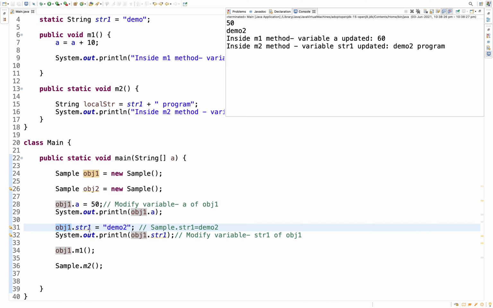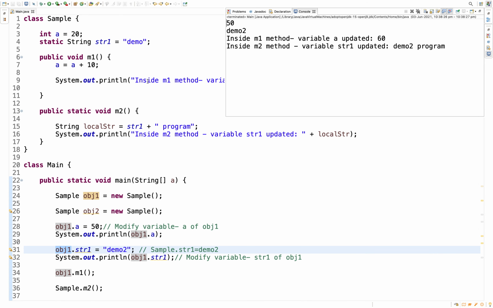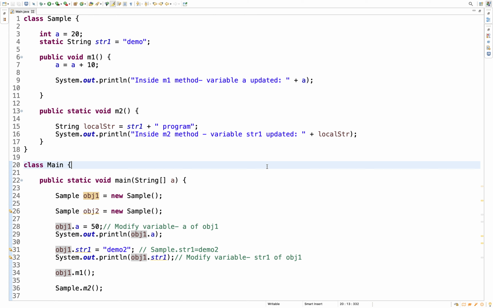Here, we're accessing the static variable through object1, and we update it with a new string, demo2, and we're calling the non-static and static methods. So see here, m1 and m2 are called. This is how you are going to access these members.